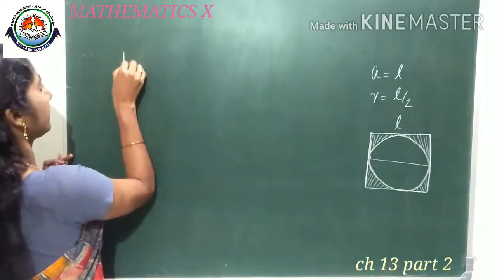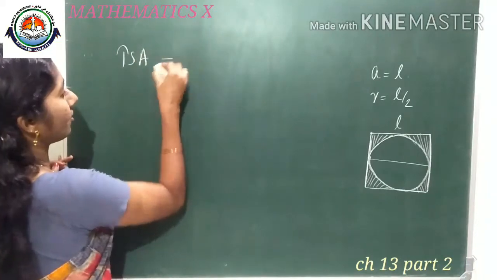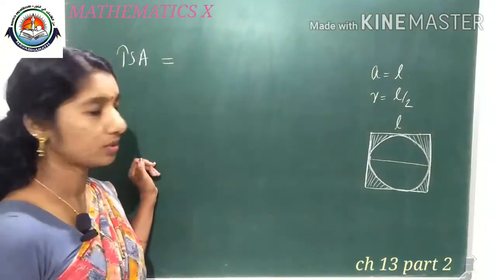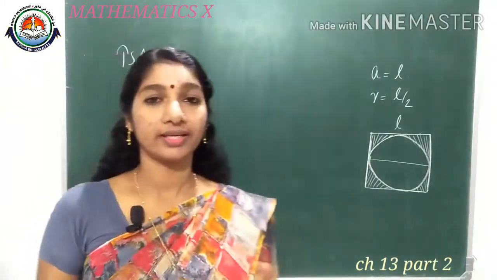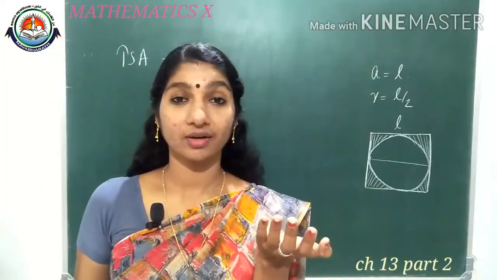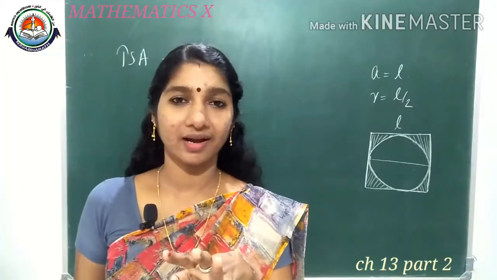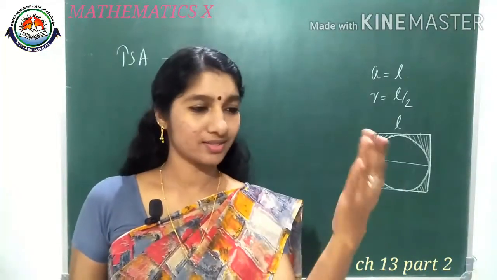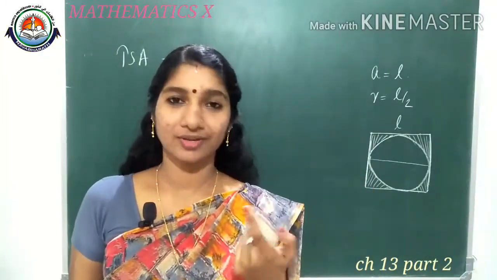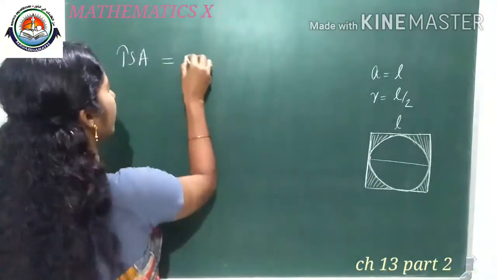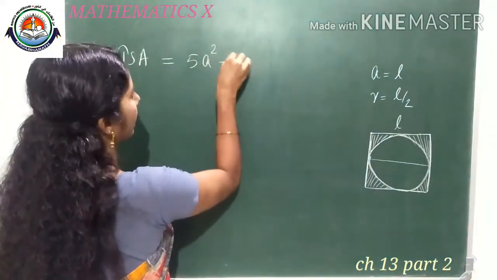And we can find the total surface area of the new object, how can we find? I told already 5 faces are not having any change. So their area will be the same. What is their area? a², a², a², a², and bottom also one a². So total 5a² plus